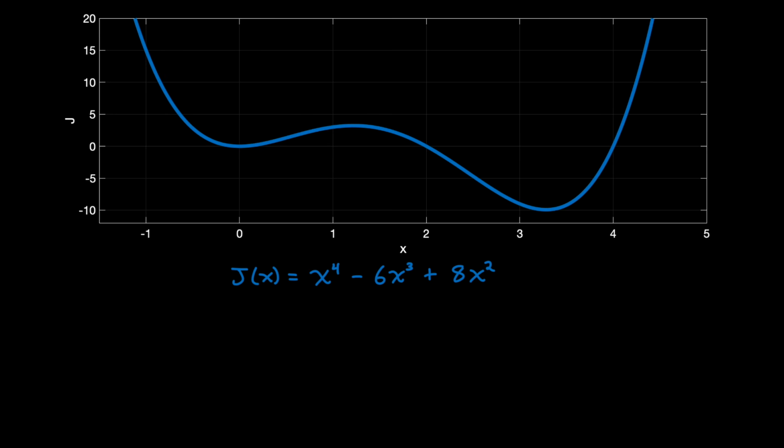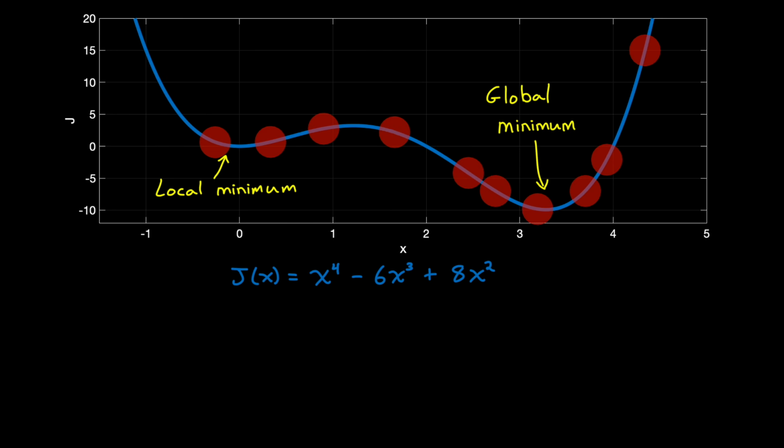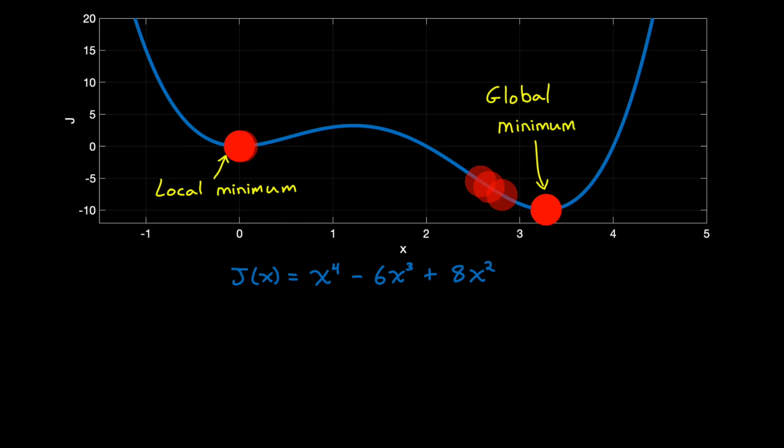All right, this is probably a good time to bring up the issue of local and global minima. If we're looking for stationary points using gradient descent, then where that algorithm starts its search becomes really important. If there are multiple basins, then a gradient descent algorithm will get stuck in a local minimum if the starting state is within that basin of attraction. And there's different methods for addressing this, including just picking many different starting points and then running gradient descent on each one and seeing where they all end up.